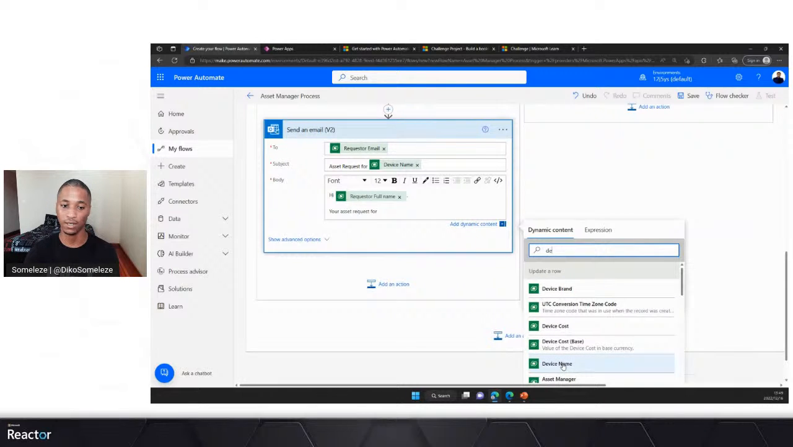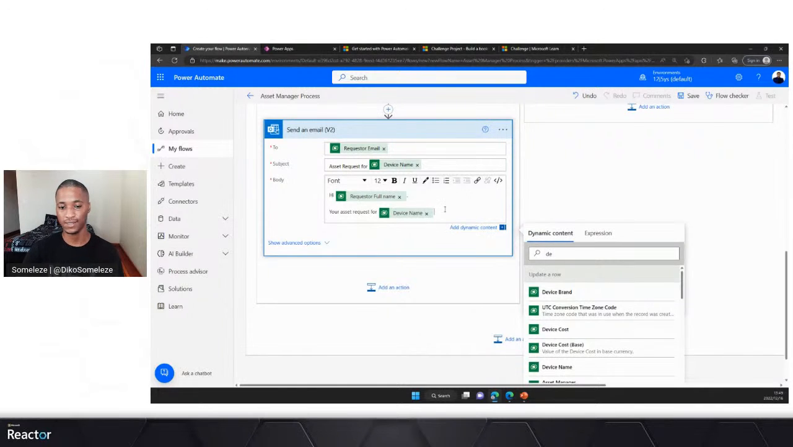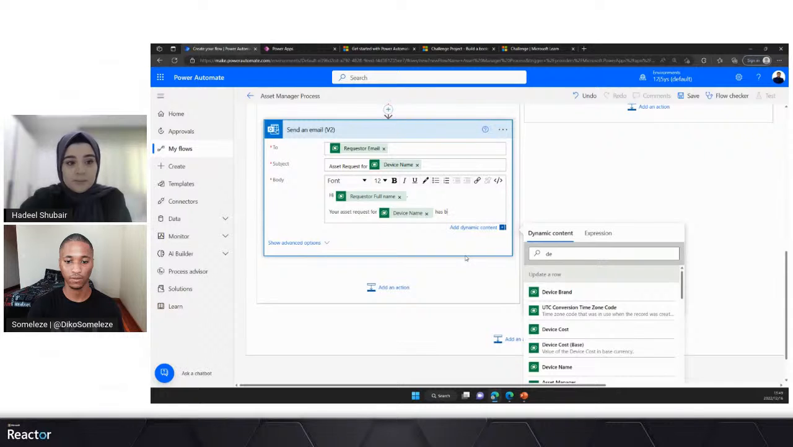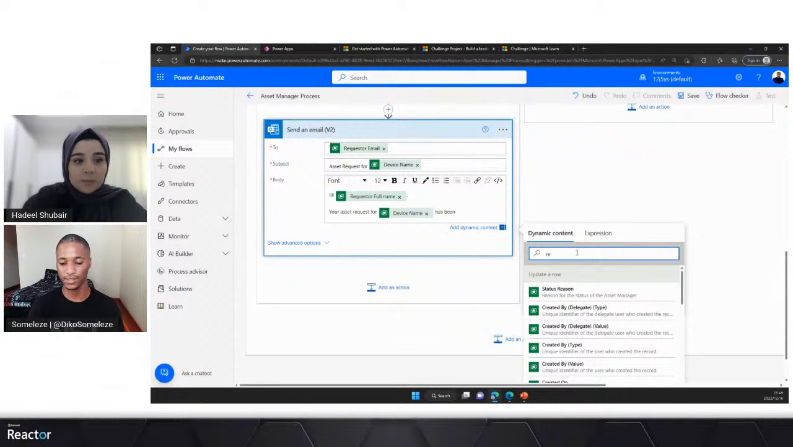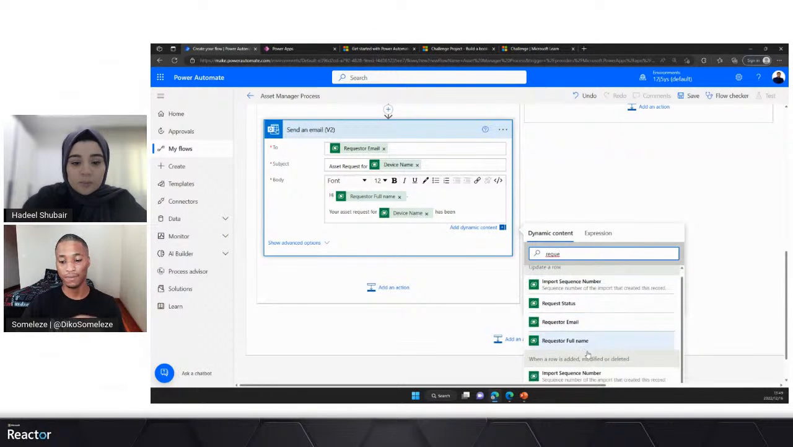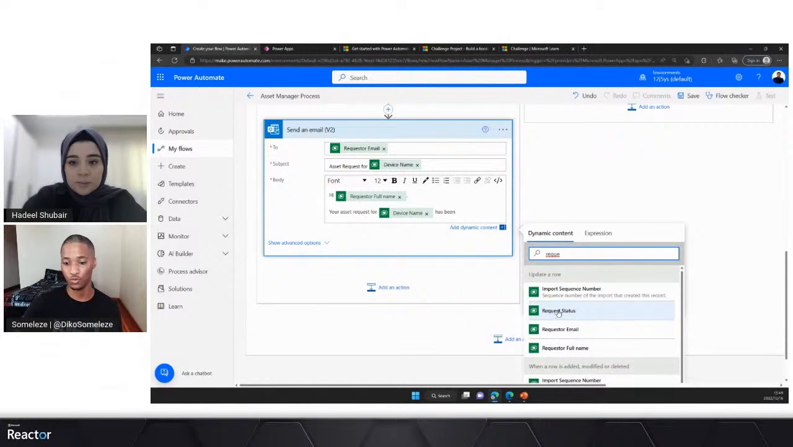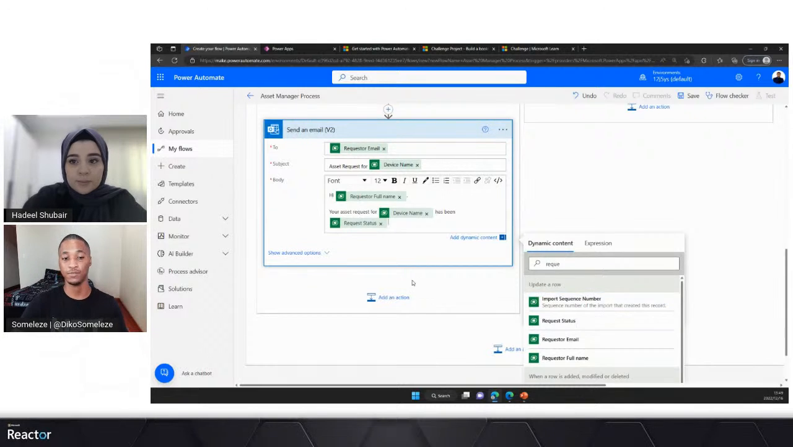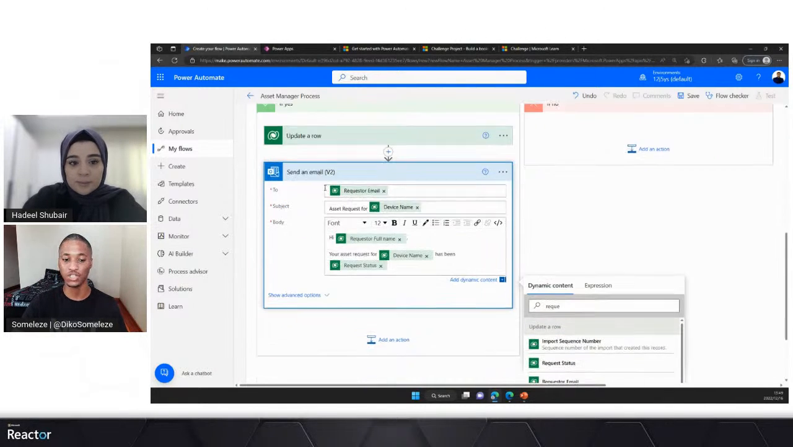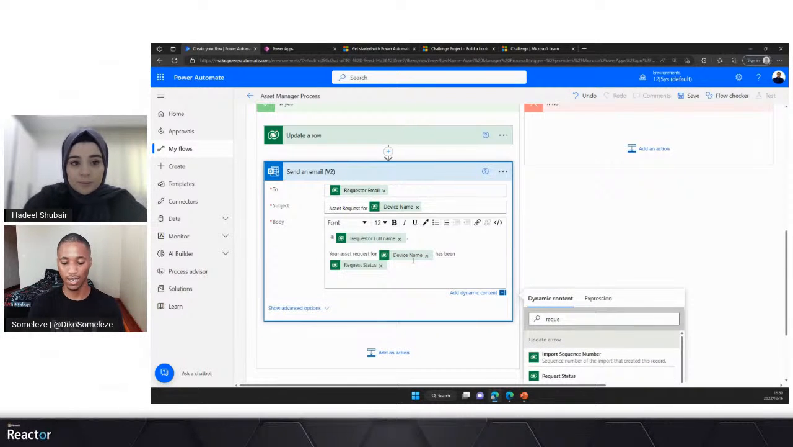So I'm going to choose from dynamic content for device name has been. So I'm going to say has been, and then I'm going to specify the request status. Now you need to mind that the request status is not coming from the trigger, it's going to come from the updated row. So the request status, which has been rejected, the one that we just rejected on the previous action, and then you say has been rejected, and then here at the bottom, we're going to make it say